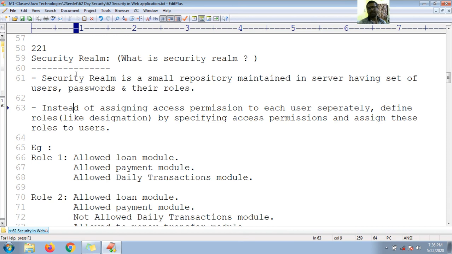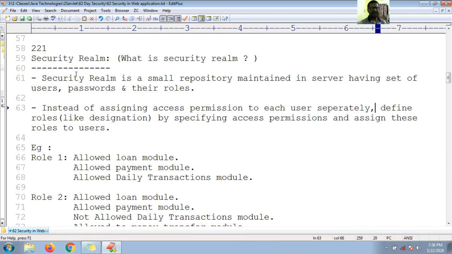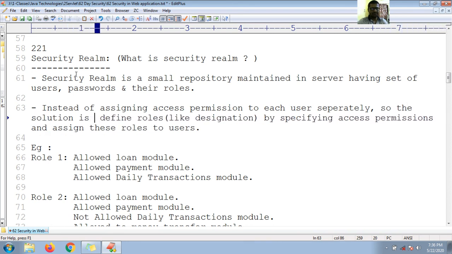What is the need? Instead of assigning access permissions to each user separately, the solution is to define roles, like designations, by specifying access permissions, and assign these roles to the users.